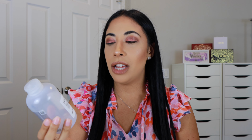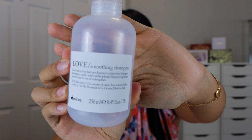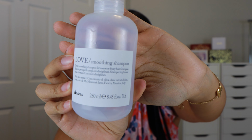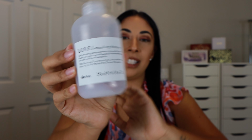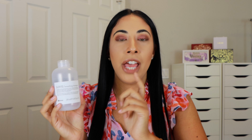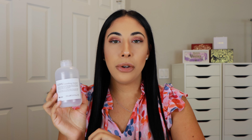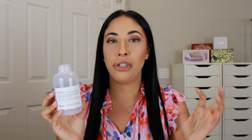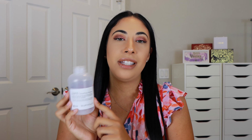This is the Love Smoothing Shampoo. The product is on the purple side, and it is more for coarse frizzy hair. This is what the packaging looks like, and the product itself is a lavender color. This shampoo and the conditioner in this line is for those with frizzy hair. If you're trying to control the frizz because you want to blow it out smooth, this is the shampoo and